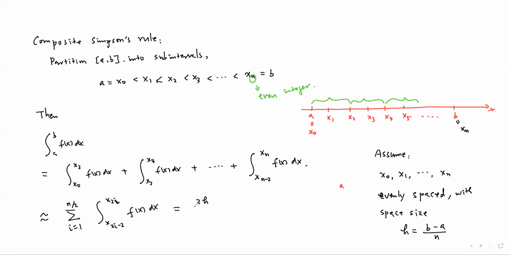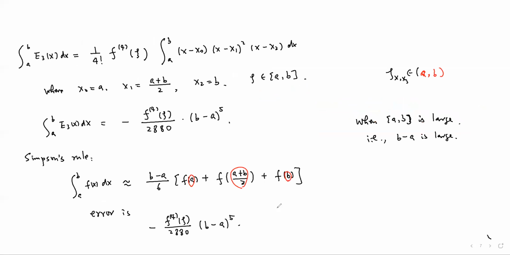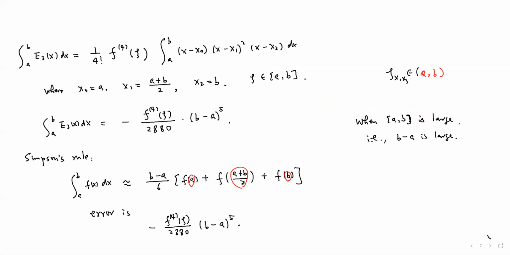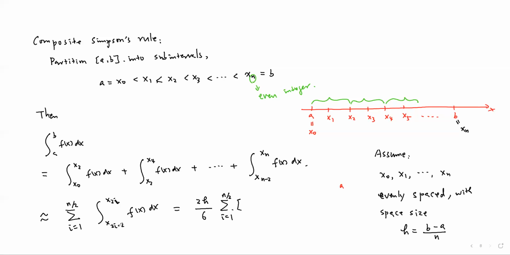I move it out, over 6. Then summation i from 1 to n over 2. f of A, A now is this point, so f of x2i minus 2, plus the middle term, 4 times f